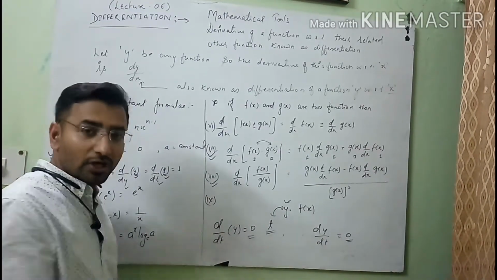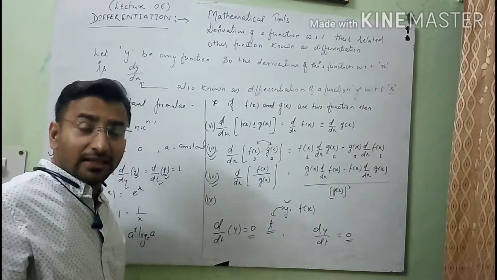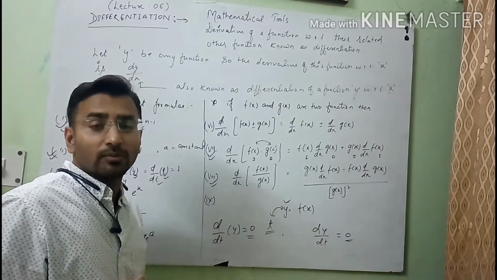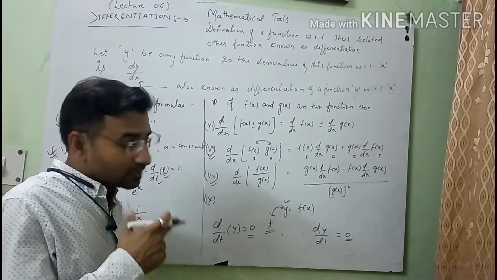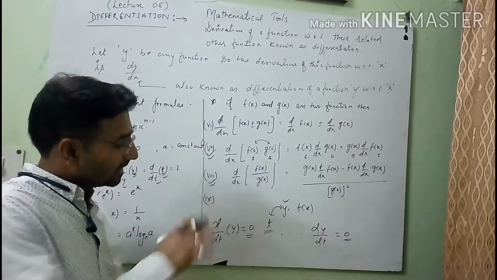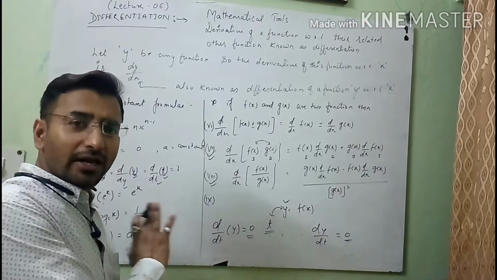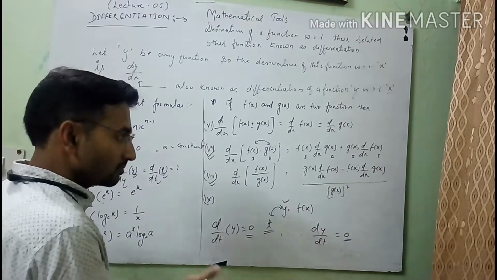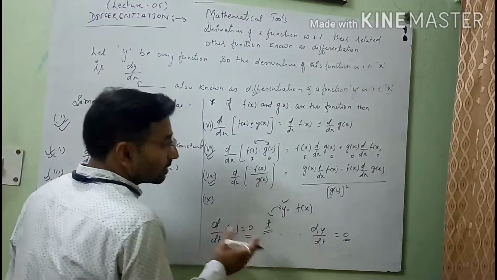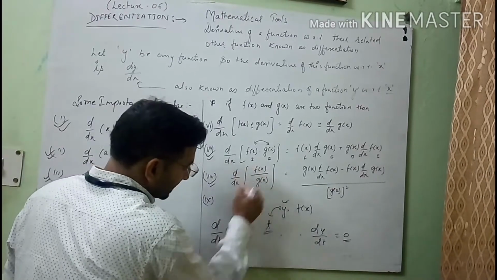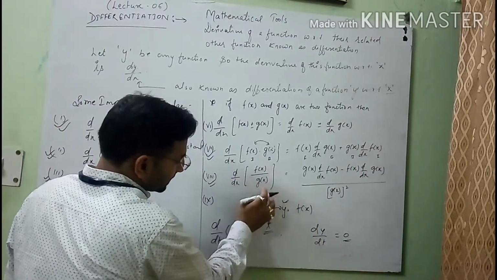When we solve the product rule in the integration case, then we will follow one rule, the Euler formula. According to that formula, we will solve the questions. But here it is not necessary, so we will randomly choose the first function and second function to solve this type of question. So see, second here, d upon dx of f(x) over g(x).